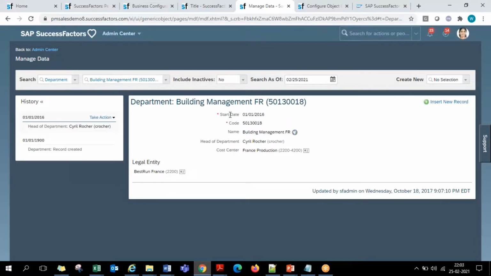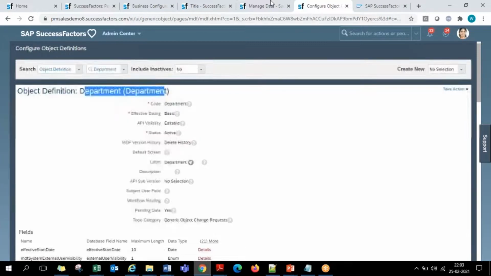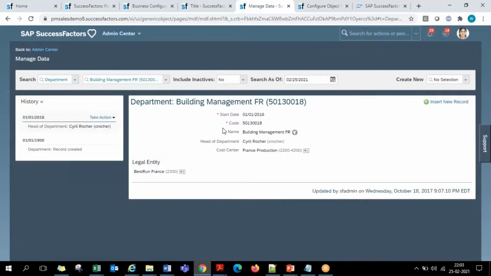So where are these screen fields? Suresh, I have a doubt. I'm sorry, I'm getting a little confused. You said in configure object definition we can also create a department, right? You are able to create a department object definition. Department data is created here under manage data. On the department, the screen fields, where are these screen fields defined? On the department screen, these 7 fields should be there. Where did you define that? I want to add one more field. Where do you define it? I want to relabel this field. Where do you do that? It is configure object definition.